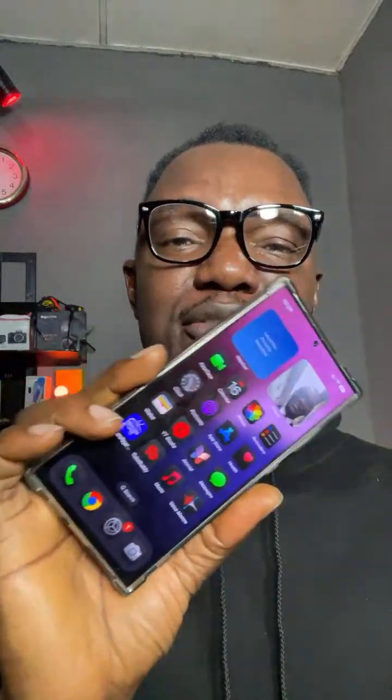The iOS 18 beta is now public. If you want to get the feel of what iOS 18 looks like, let me give you an example. This is what it looks like on an Android phone. You should be able to get that now on your iPhone. Before now, you had to go to developer.apple.com, sign up, and then join the iOS 18 beta. But right now, if you're using any iPhone that is eligible for iOS 18, you can just